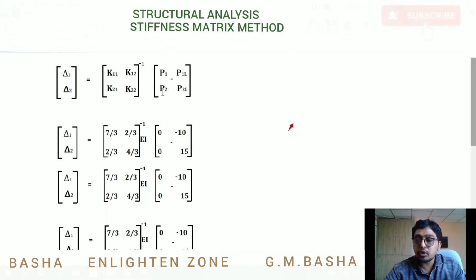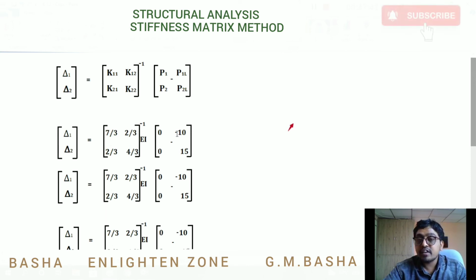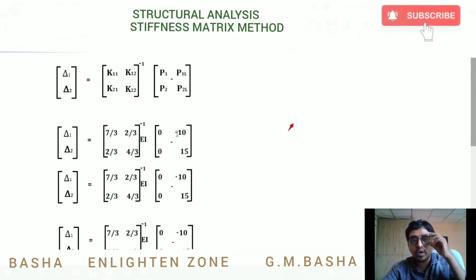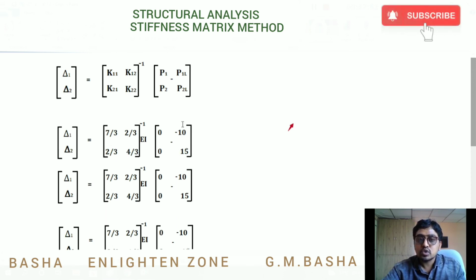P1 and P2, because there are no external forces given in the question, as already explained, will both be 0. And what about P1L? P1L and P2L will be based on the fixed end moments, based on the given loading condition. Already I told you at joint B, the sum of the moments M bar BA plus M bar BC will be minus 10, and P2L, M bar CB, will be 15. So simplify the minus into minus as plus, and minus into plus as minus.